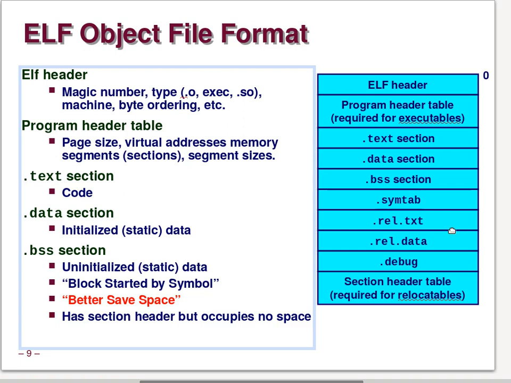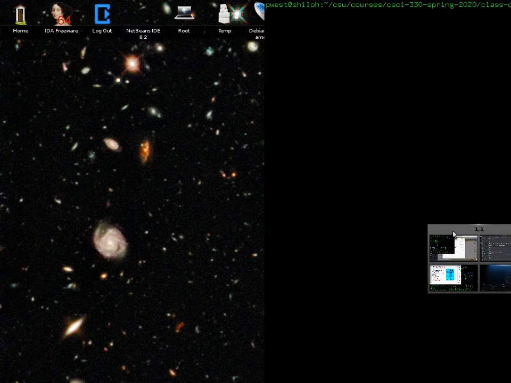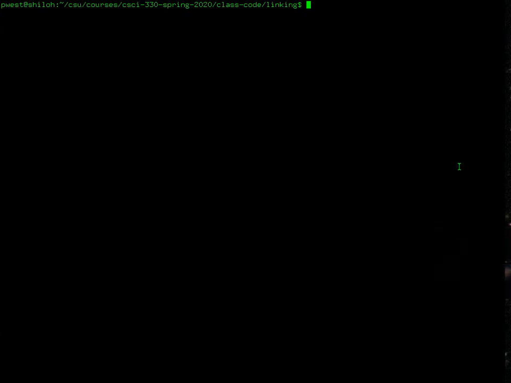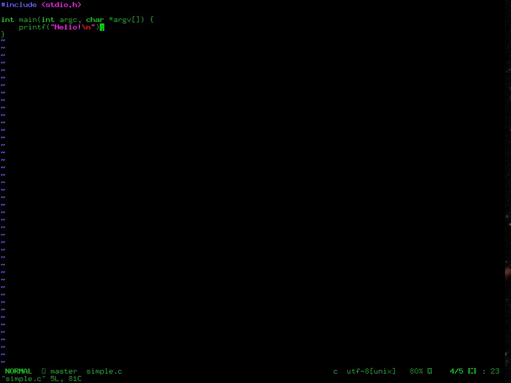This is incredibly helpful when it comes to debuggers. Now, let me go ahead and show you real quick that this stuff does exist. I've gone over here inside of our CSCI 330 Spring class code and linking. I've created a simple.c program. It just says hello. I didn't even bother to write the word world, just because I want to make it